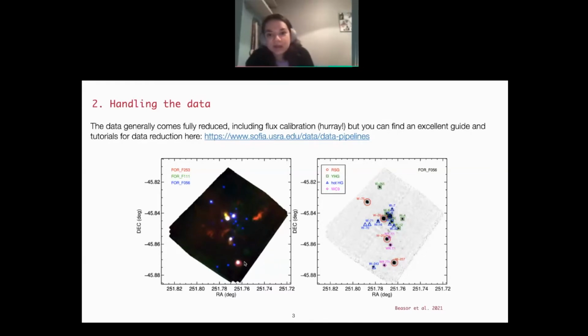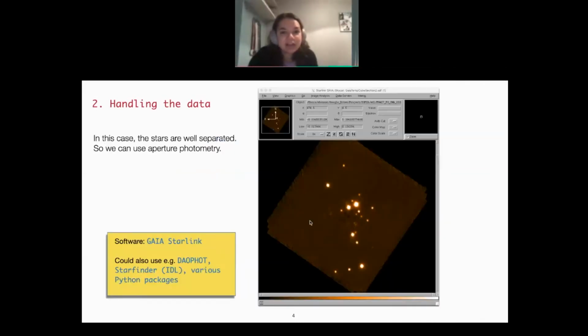But if we look in one wavelength, this is the sort of thing that the data looks like. So this is the FORCAST 5.6 micron channel. And again, the red supergiants are these big bright stars. So they're really, really bright at these wavelengths. And those are the objects that I'm mostly interested in. So you get your data, and if you're looking at a cluster like this, where the stars are really well